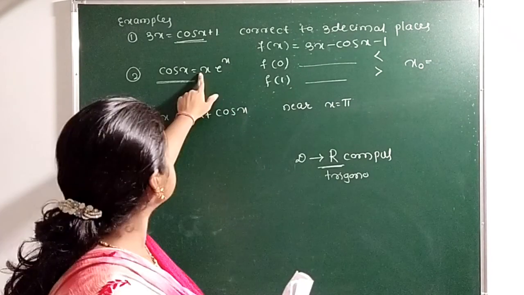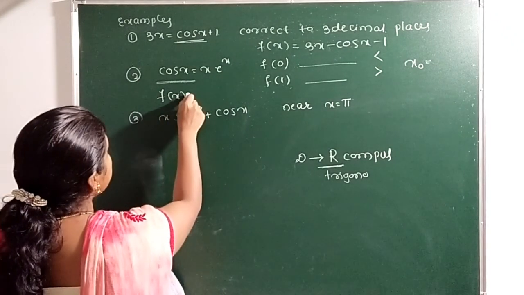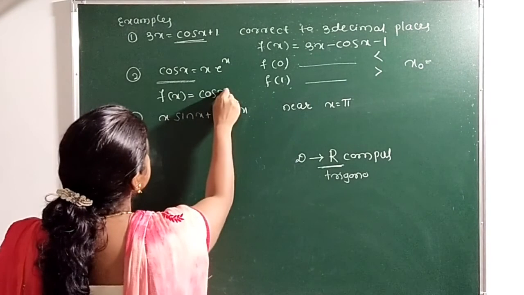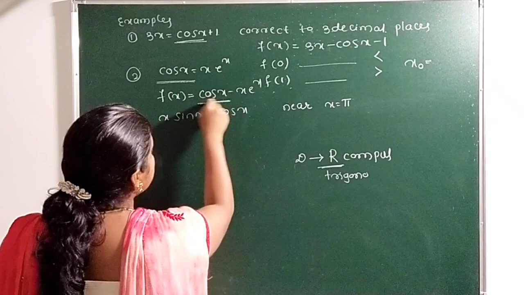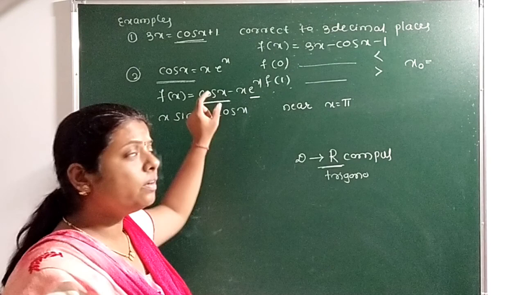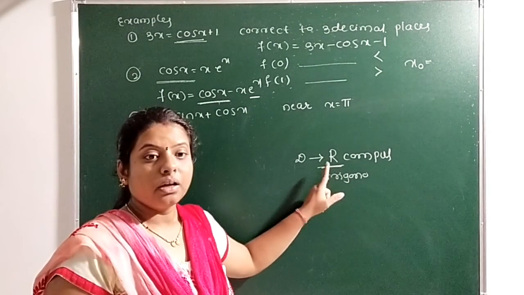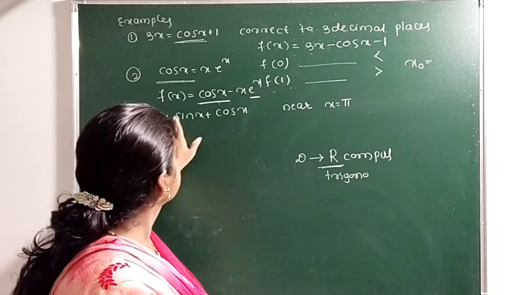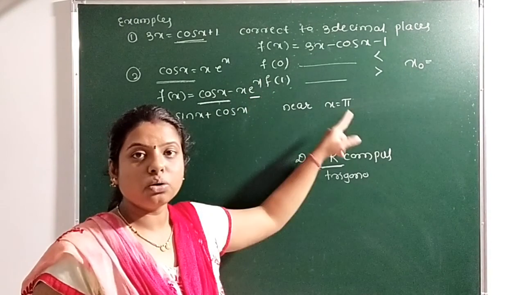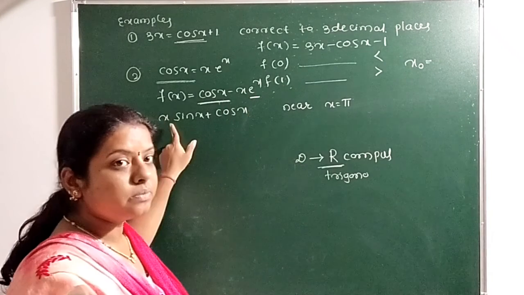Here also, cos x is equal to x e raised to x is there. Means here also you can take f of x is equal to cos x minus x e raised to x. Again, here a trigonometric term is there, exponential is there. Here also, whenever you get a trigonometric term, take radian mode compulsory. Now, after that, here also you have to take 0, 1, 2, 3. Whichever value is nearer to 0, you have to consider as x naught and simplify. Next,